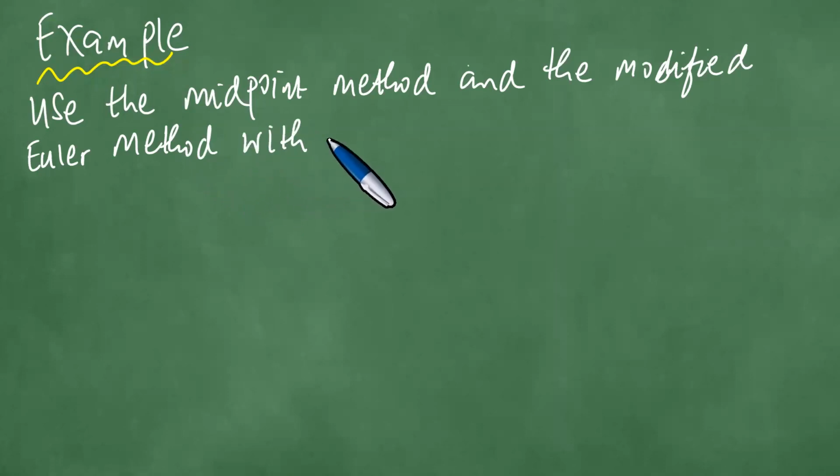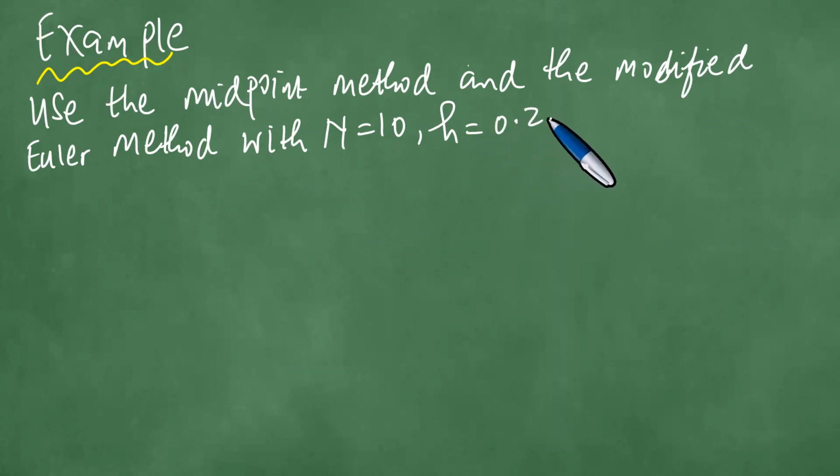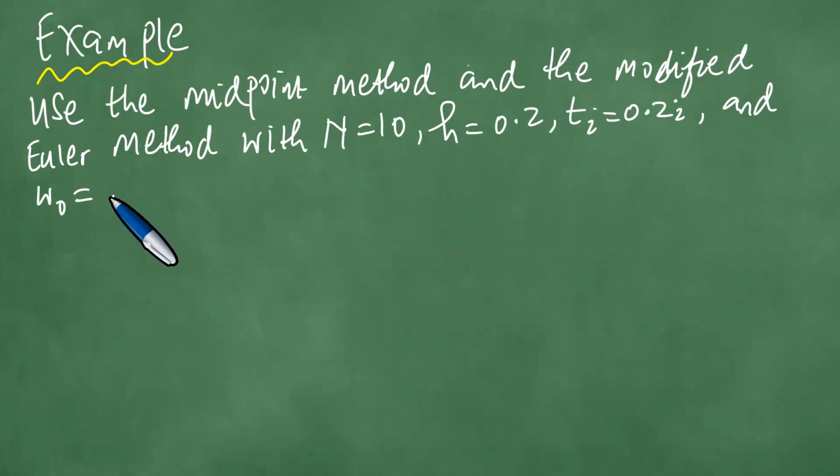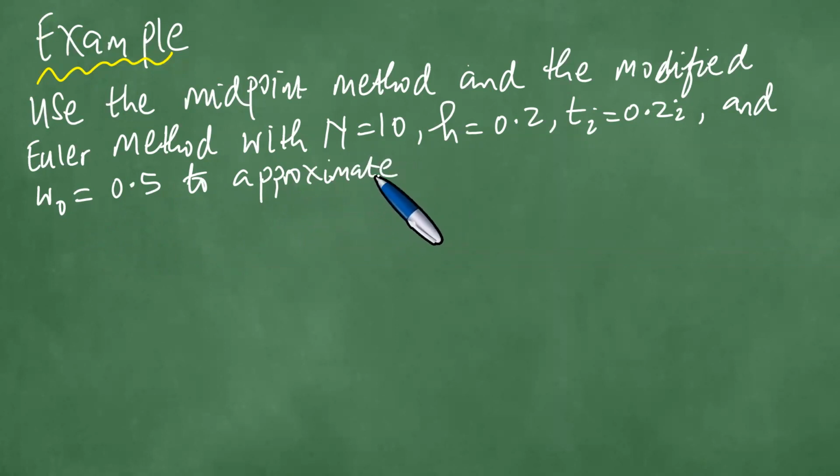with n equals 10, h equals 0.2, Ti equals 0.2i, and W0 equals 0.5, to approximate the solution to